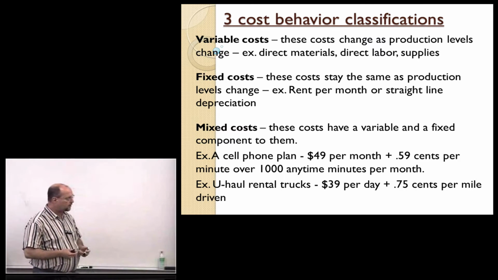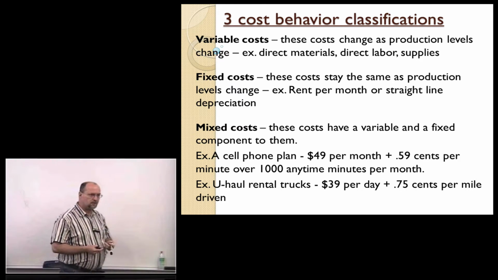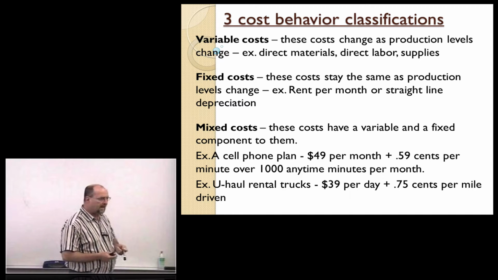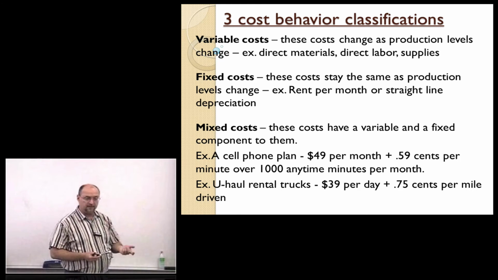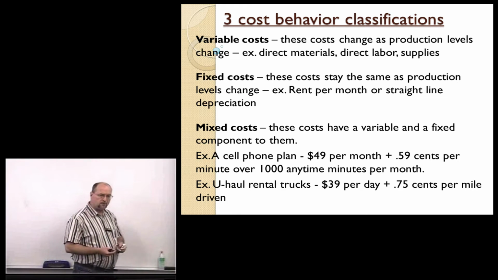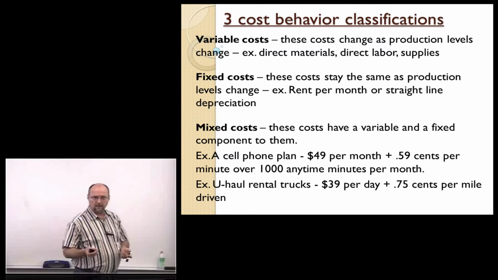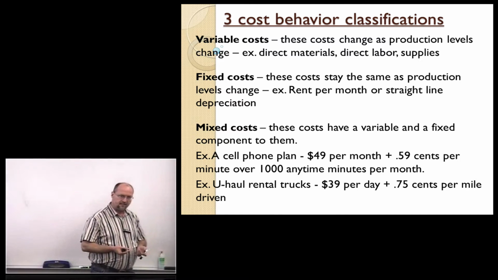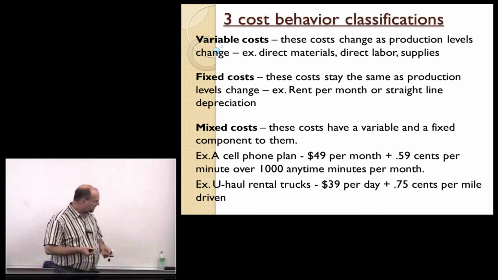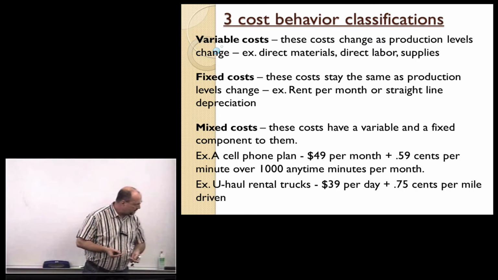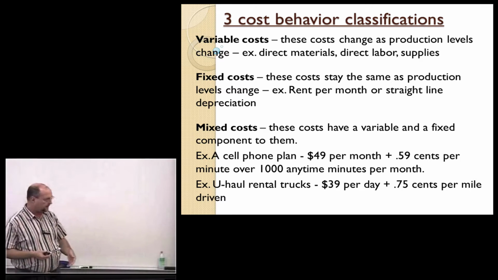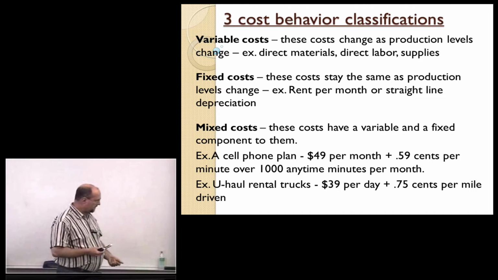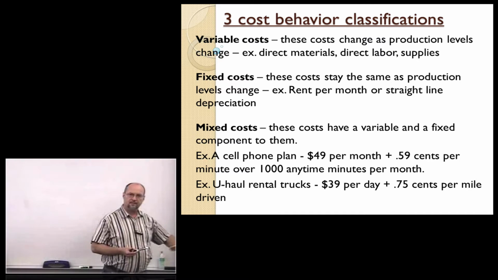And then we have something called mixed. Your book may use the term semi-variable costs. And these costs have a fixed component and a variable component. And most of you are actually familiar with the concept. If you've ever rented a U-Haul or a Ryder rent-a-truck, it's something like 29 bucks a day or 39 bucks a day plus 50, 60, 70 cents a mile. That's a mixed cost because the 39 in the slide is fixed, the 75 cents per mile is variable,